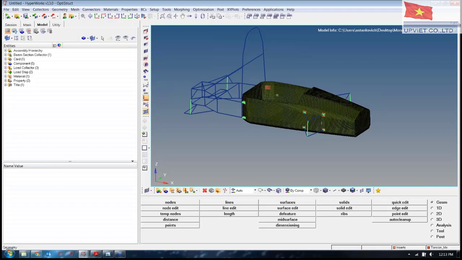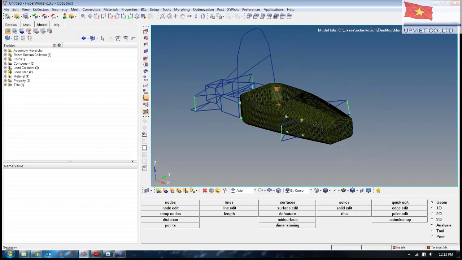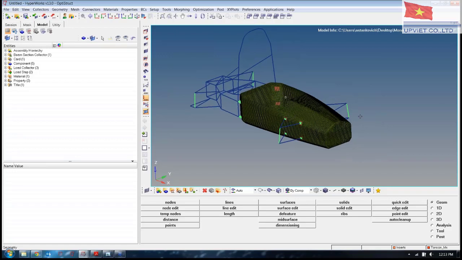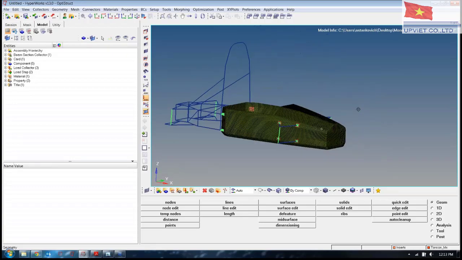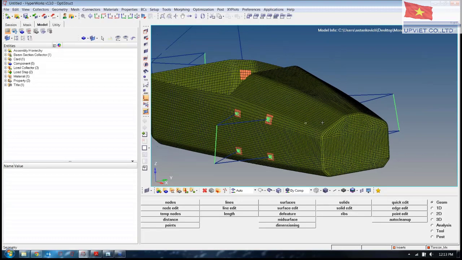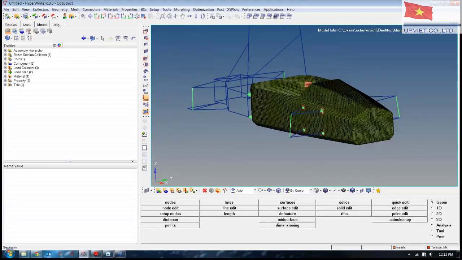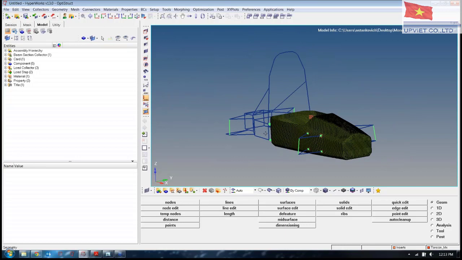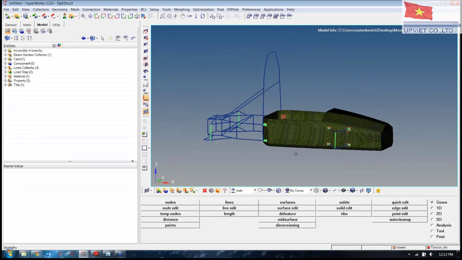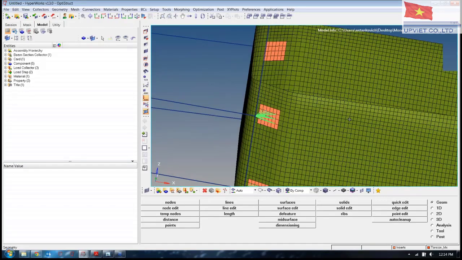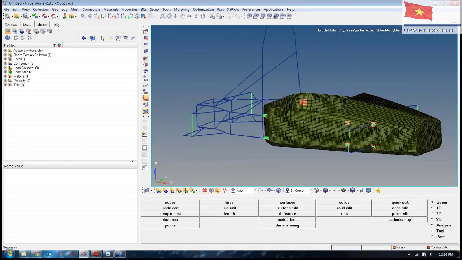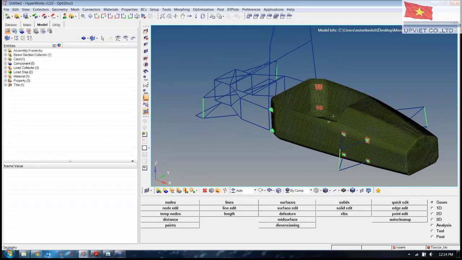When you start out with a model, you're probably going to bring in some type of CAD from some other modeling software. And so we want you to get to a point where you have mid-surfaced your CAD and have a nice clean mesh on the part that you're going to be looking at. So today you can see we have that as our starting point, and we also have the frame here modeled as 1D elements with some rigid connectors attaching the two. So this is the model we'll be working with all day and going through the whole process of